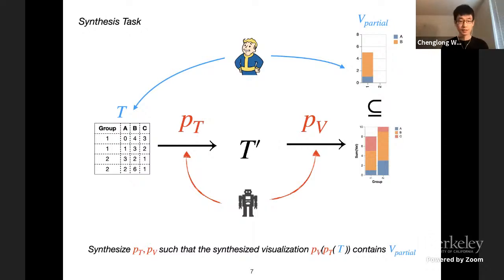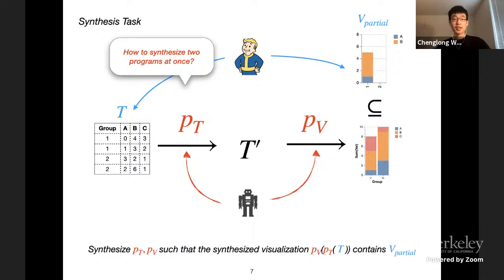To recapitulate, we want to synthesize 2 programs, PT and PV, such that when applied on the input data, the output will contain everything demonstrated by the user. One thing you can see here is that we need to solve a 2 synthesis problem at once. Essentially, we want to synthesize those 2 programs from 2 languages. So how can we solve this?